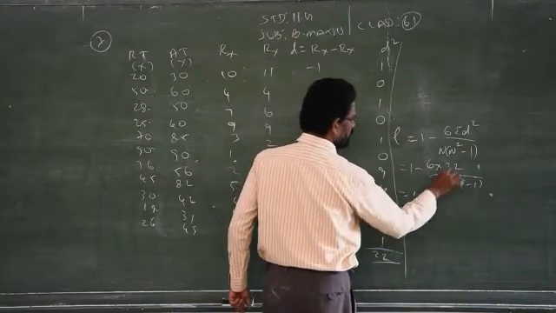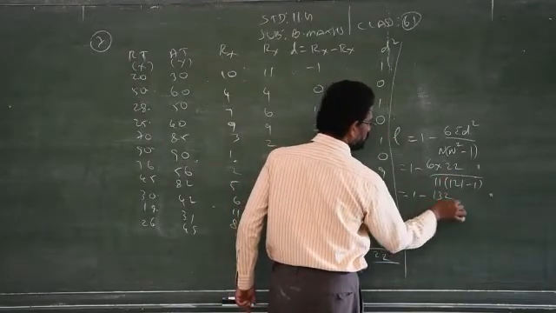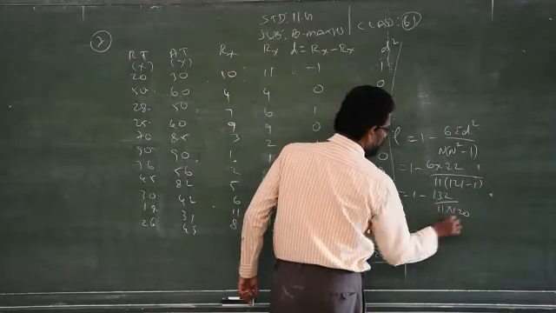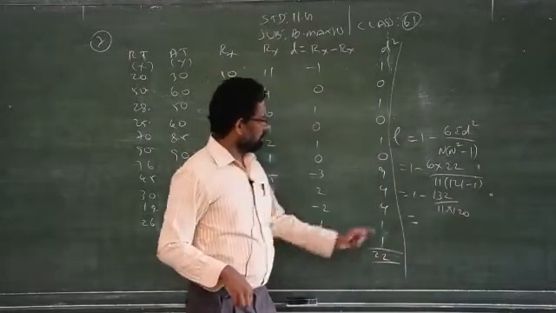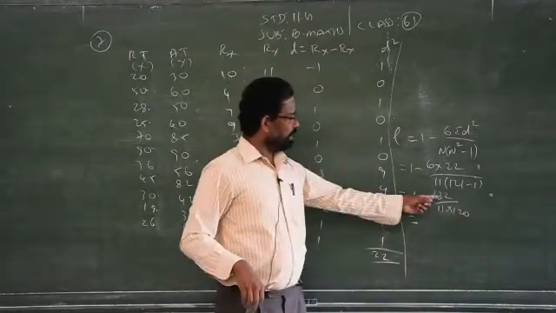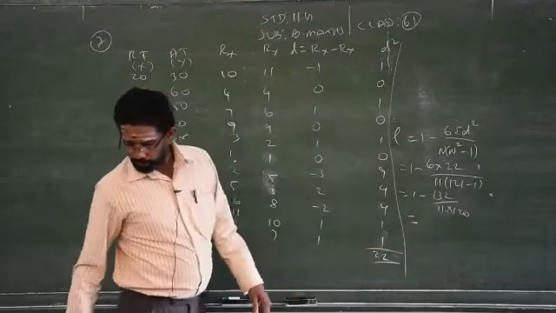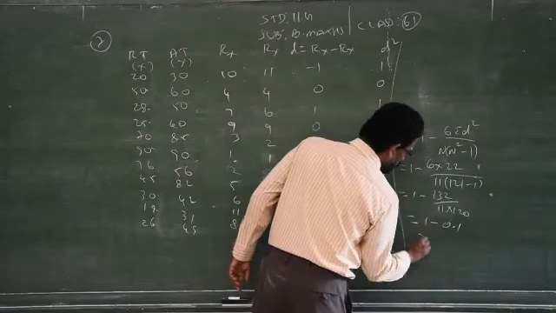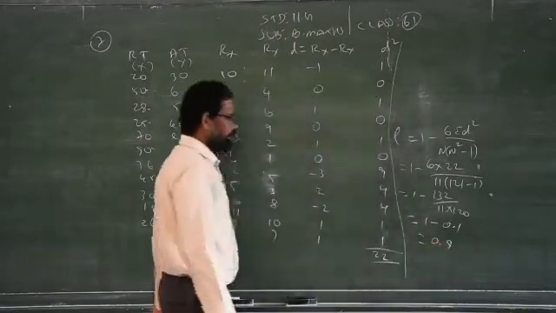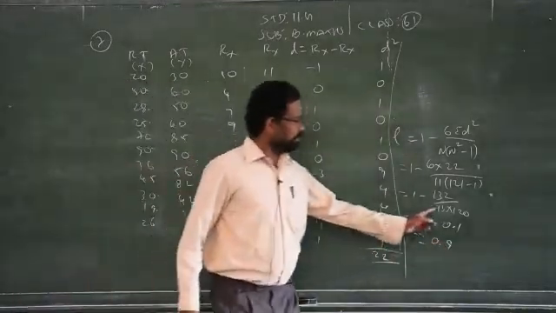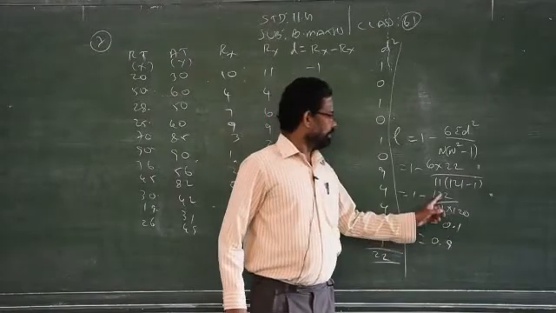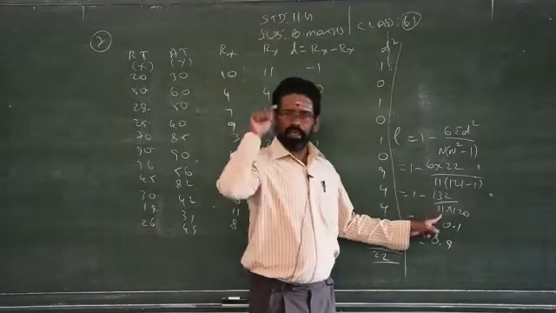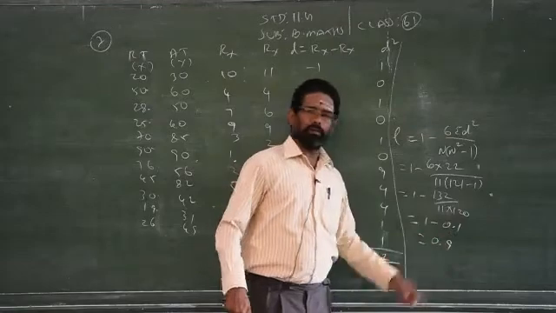You will get answer 6 2s are 12. So 132 by 11 into 120. Clear? Just you have to multiply these two, then divide, subtract the answer from 1. You will get 1 minus 0.1, which will give you 0.9. Clear? Just you multiply these two. Divide 132 by 11. Again division symbol 120 will get 0.1.